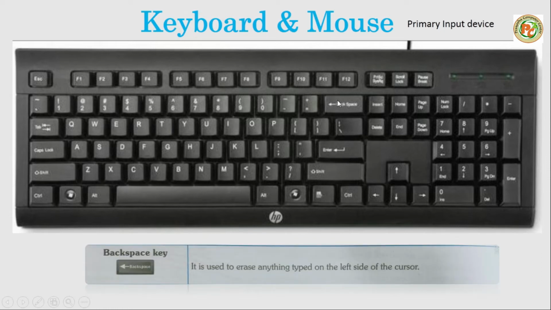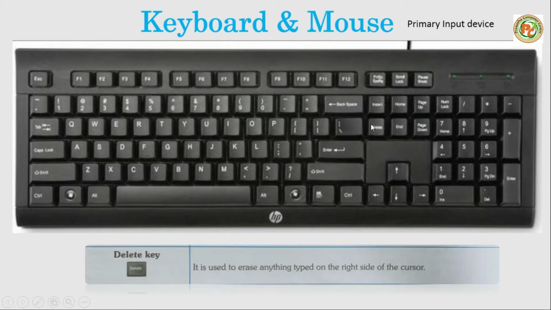Backspace key, you can see the backspace key is here. The backspace key is used to delete anything from the cursor, but there are two keys to delete something: the backspace key and also the delete key. The main difference between these two is that backspace deletes from the left side of the cursor. Suppose your cursor is here and you want to delete D, that is the left side of your cursor. But if you want to delete from the right side of your cursor, then we click on the delete button. So there are two separate keys, both used to erase or delete something from the text.